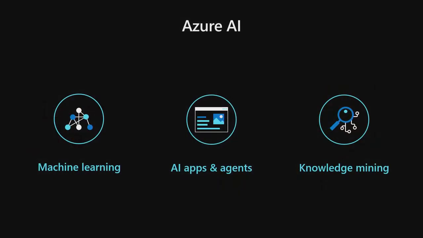So under Azure AI, there are three major pillars. The first pillar is Azure Machine Learning service, which focuses on providing the tools and service to help data science and development teams to build their own models and productionize it. The second pillar is AI apps, so products like cognitive service that offers a collection of pre-trained models that you can just use out of box. And the third pillar is knowledge mining, so products like Azure Search that help uncover the insights of your content in the format of documents, PDF, or media.